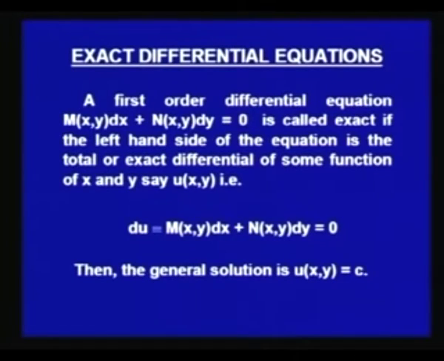Now, let us consider the case of exact differential equations. A first order differential equation m dx plus n dy equal to 0 is said to be exact if the left hand side of the differential equation, that is m dx plus n dy, is the total or exact differential of some function of x and y, say u(x,y). That is to say that du is equal to m dx plus n dy equal to 0, and if this is the case, then we can write the general solution of the given differential equation as u(x,y) equal